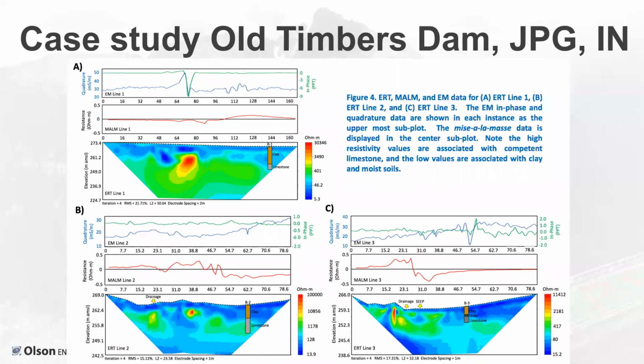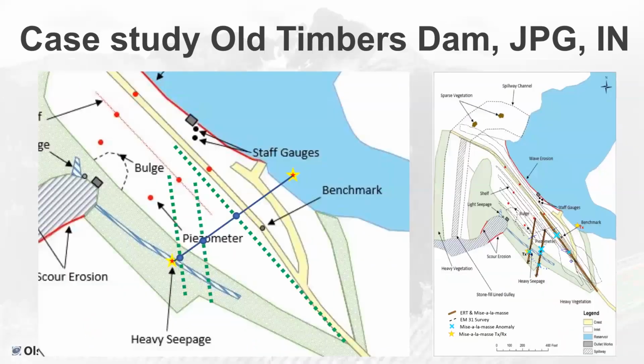And then what we also did there was we did some geochemical analysis of the water in the lake and the water at the seep. And that indicated that, yes, the seep was coming from the reservoir itself. And then here are some interpretations that we made showing our locations of our flow path for MASW, where our resistivity lines were, where some of the GPS measurements were made, where the heavy seepage was occurring, and those were